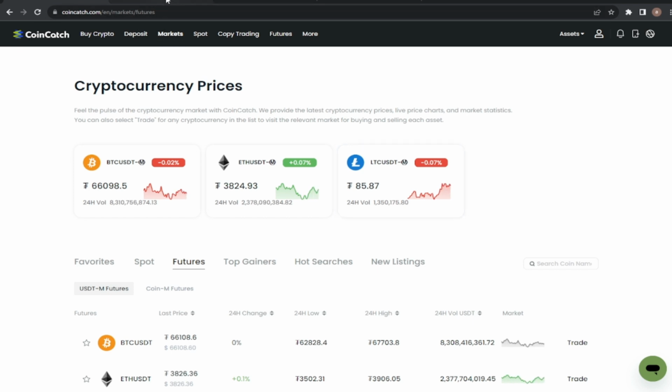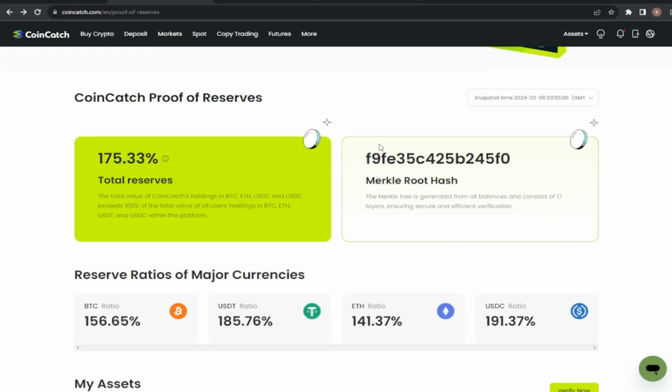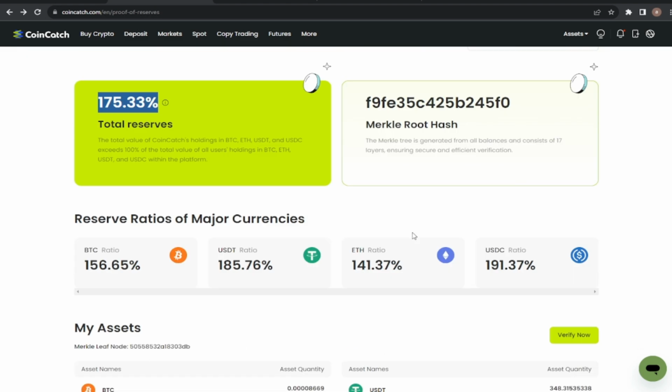Now, the next thing we're going to go over is proof of reserves, okay? Out of all the reserves on Coincatch, they have more than the amount that's on their exchange. They have 175.33% of reserves, okay? Now, you have a breakdown of